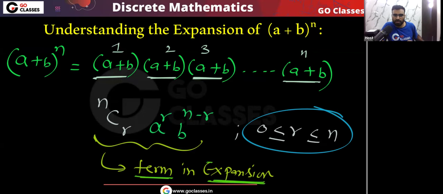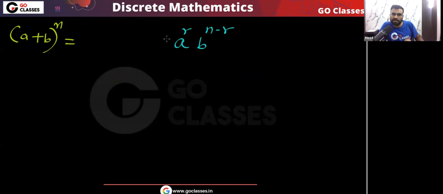Very simple. So tell me, what will be the expansion of (a + b)^n? The terms you are getting are of the type a^r b^(n-r). How many ways are there to create this type of term? From n factors you can choose r which will give you a, and the remaining will give you b, and you know the range of r: from 0 to n. So the expansion that you will get is something like this.